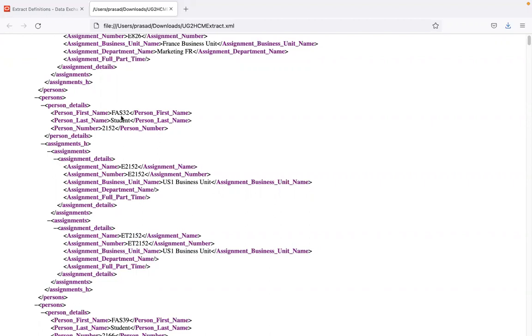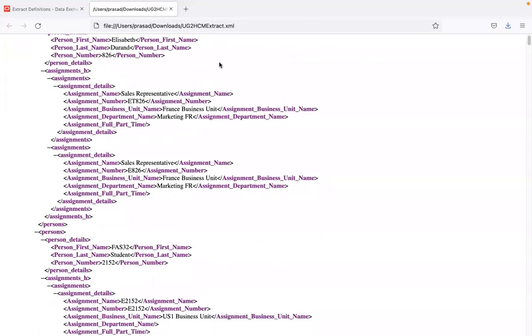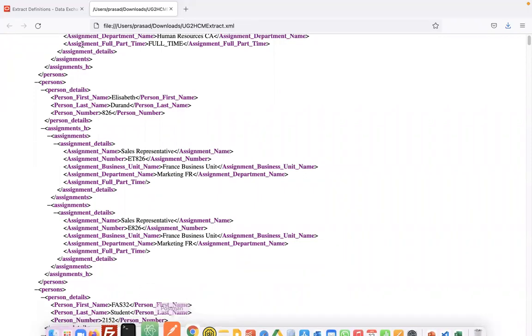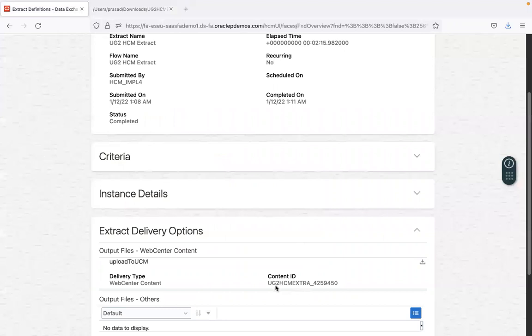For every person, the person details and the latest assignment that they are working on will be printed. So you look at this person. This particular person is working as a sales representative in a France business unit. And this particular XML file would have been uploaded to UCM. And if you want to see the file, you have content ID stamped here. You copy this